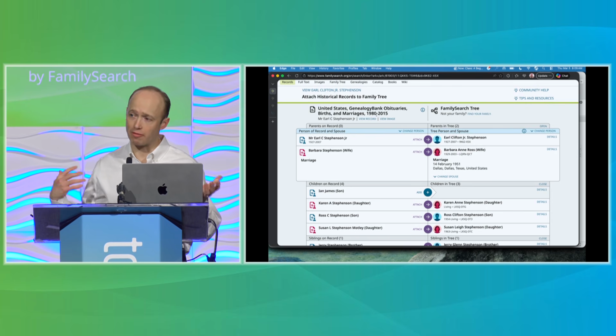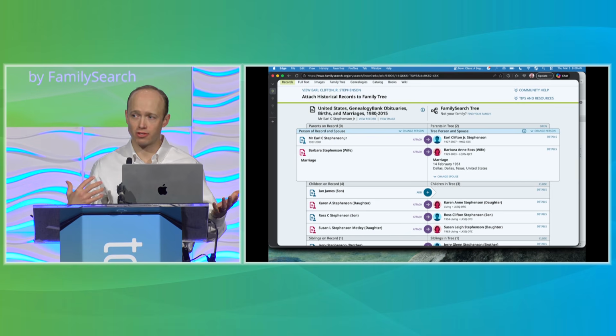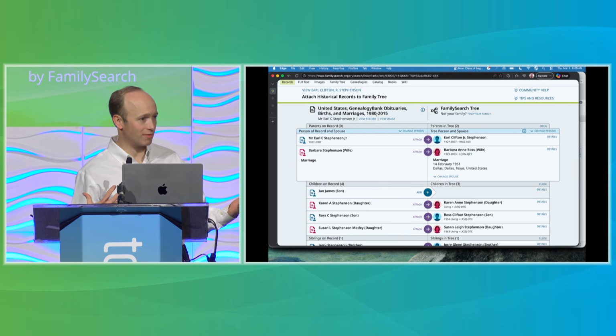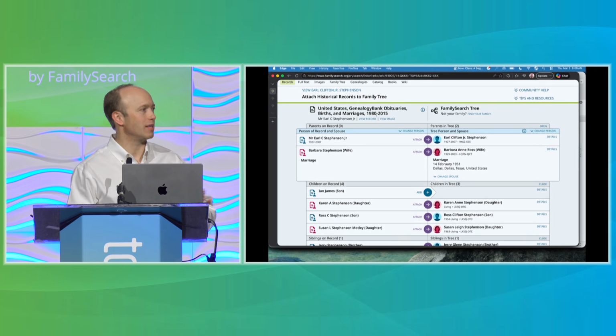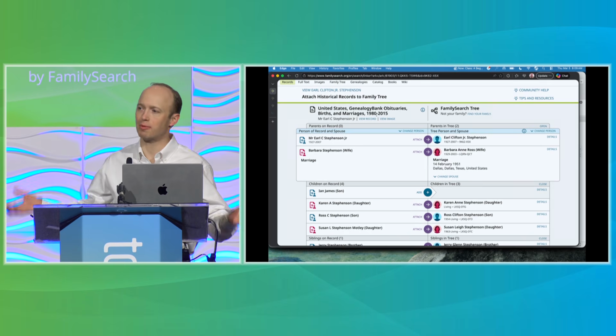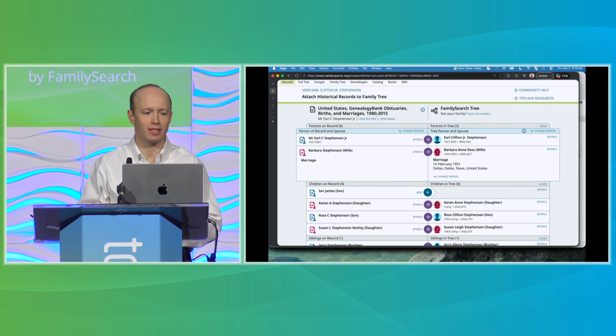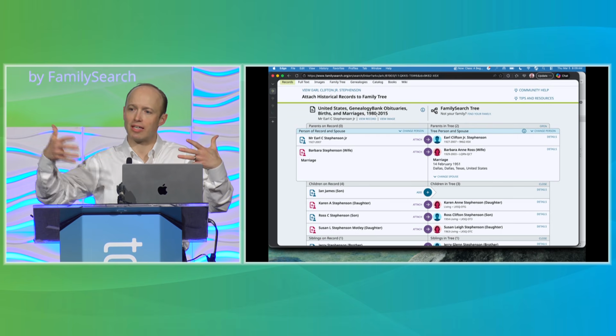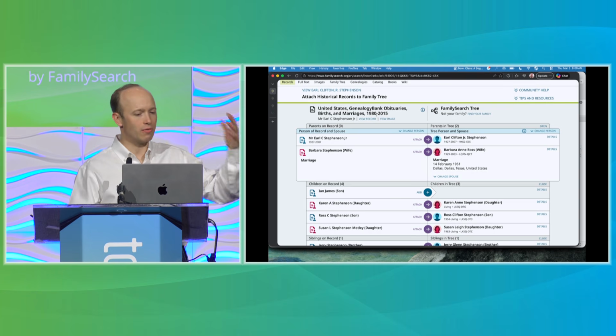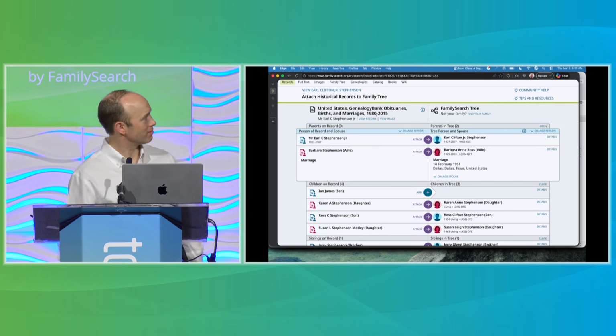We have a lot of family, and this obituary mentions all of them, and it makes for a great example of how to use SourceLinker effectively, because there's a lot of information here to line up. So the tool that you're looking at is called SourceLinker. That's at least what we call it internally with our product teams in FamilySearch. But really it's a tool for how to get a source and attach it to a person in the tree. Over here on the left-hand side,